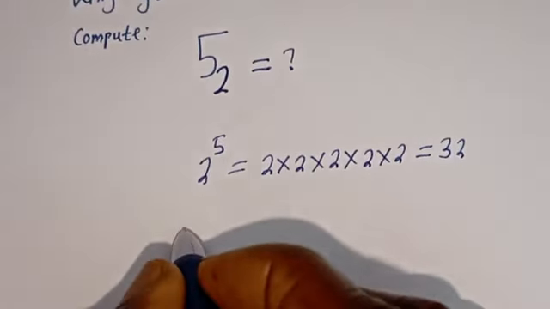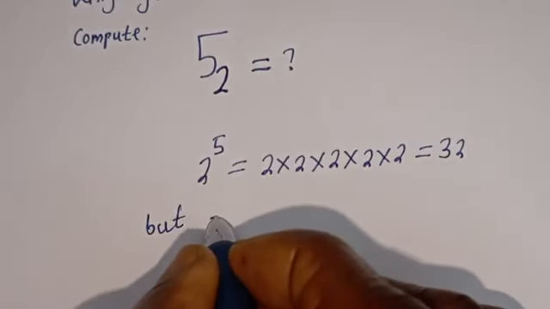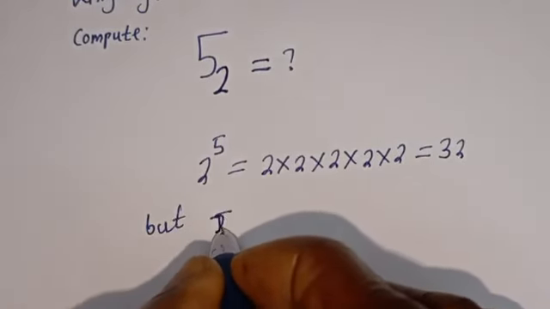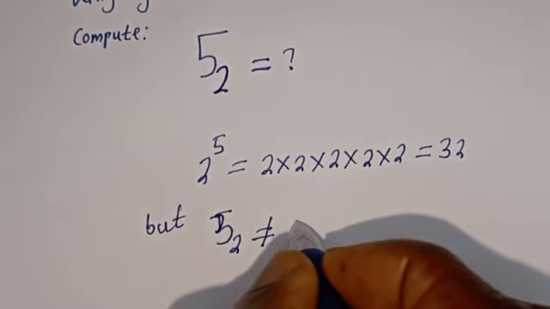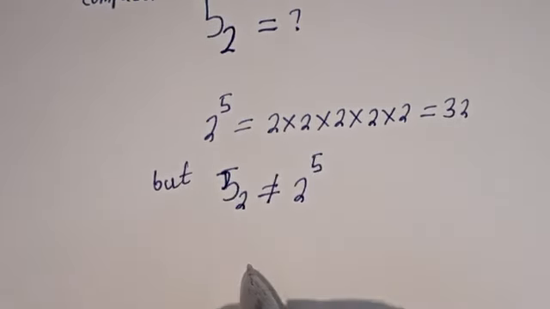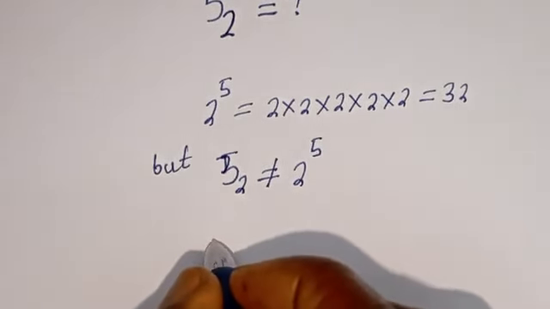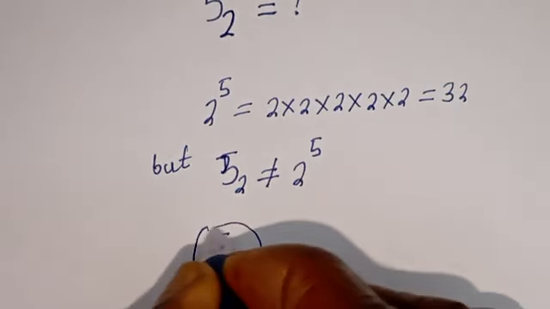But 5 base 2 is not equal to 2 to the power of 5. Now, the whole of this is called tetration,